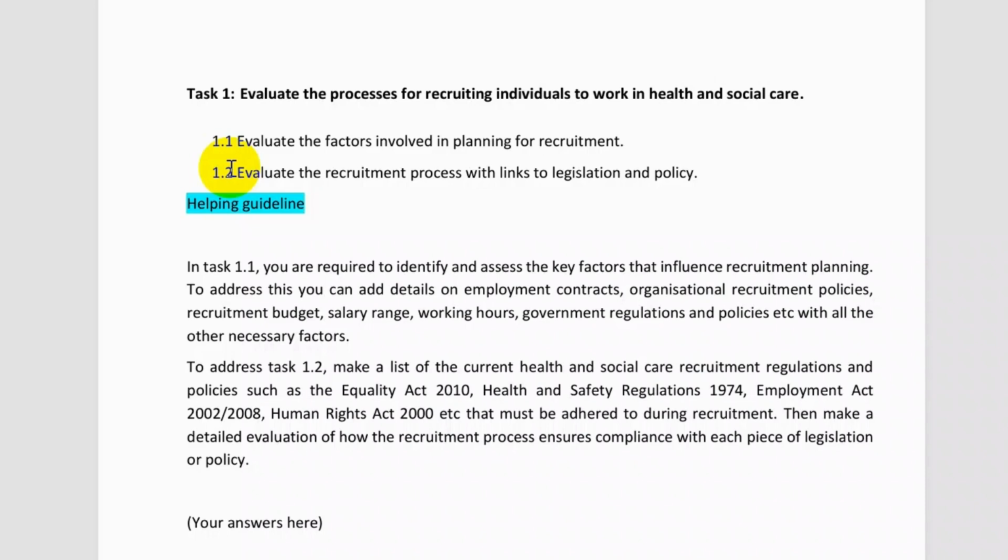So you have to provide reasons in terms of evaluating the recruitment process while linking them to the legislations and policies.